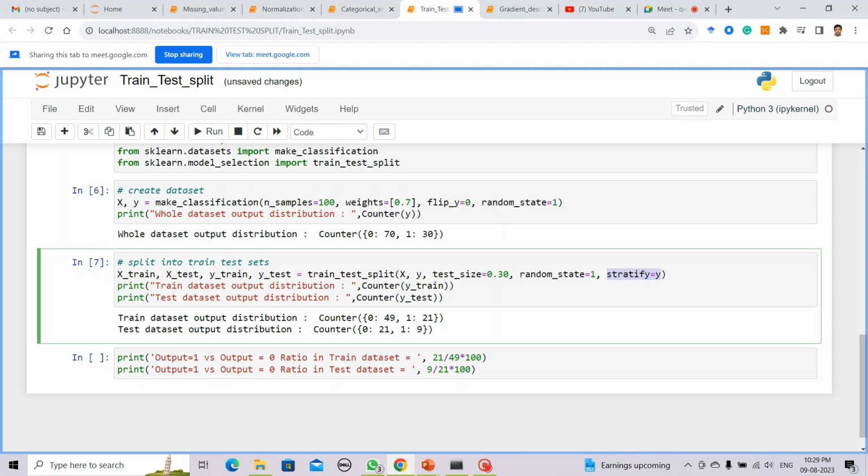Just you see here, that's why I have printed the number of 0s and 1s present in both train and test data. What do you see? First of all, you have seen test size is 0.30. That means 30% is test data, 70% is train data. So 70% train data means, among 70 plus 30, total 100 cases,